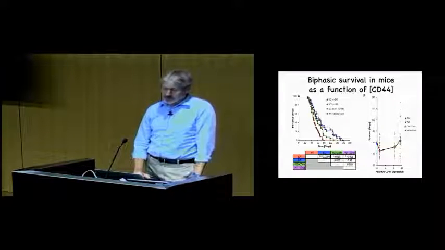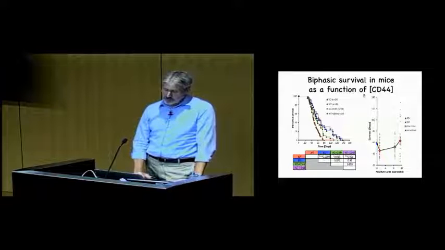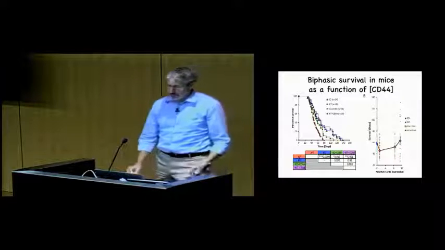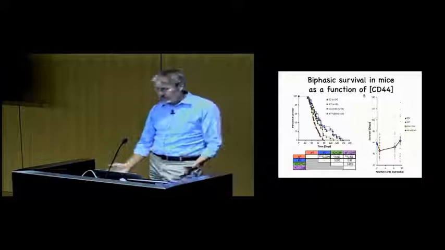They live longer. So you got these ones. The worst case is the wild type, which is the intermediate CD44 level. If you go above that or below that, the mice live longer. This, again,